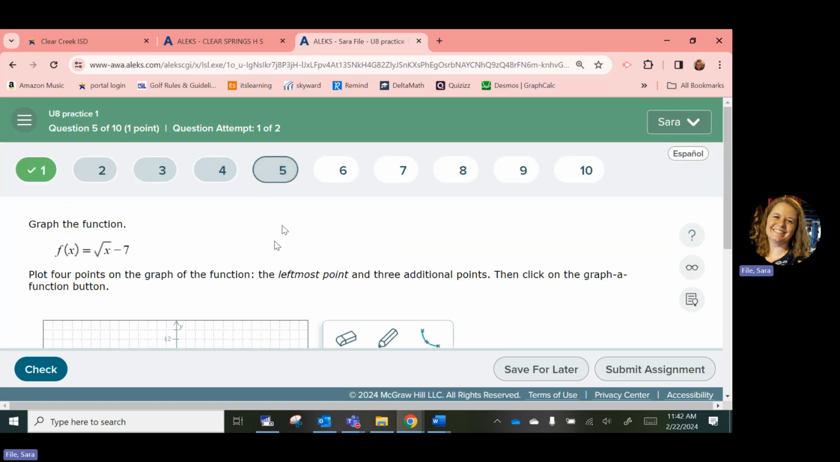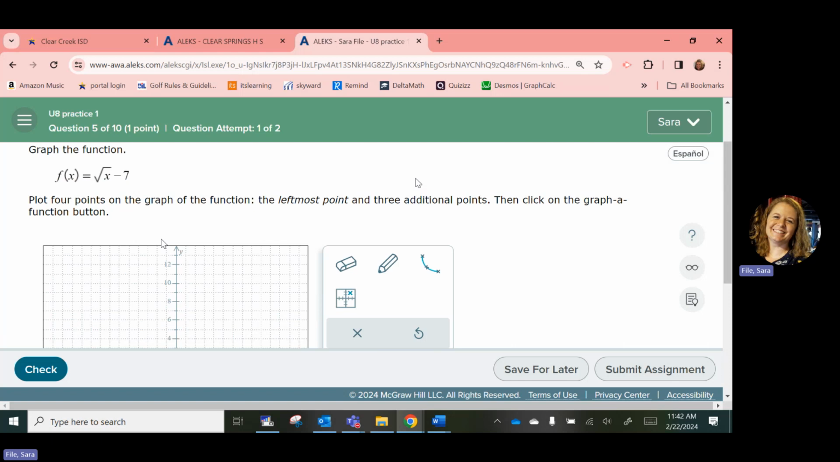Okay, and there's different levels. Some of them are a little simpler than others. Okay, so